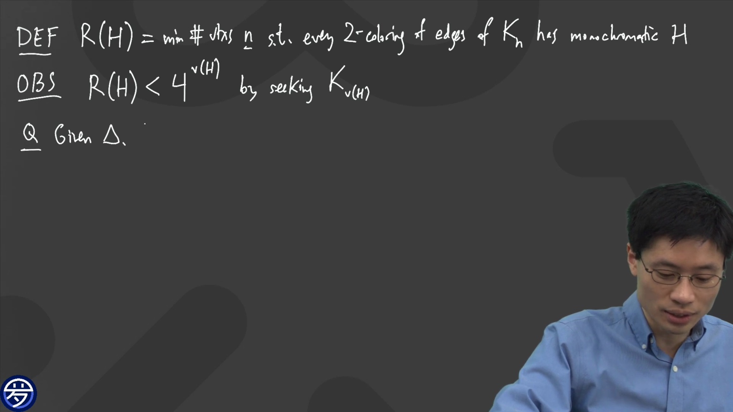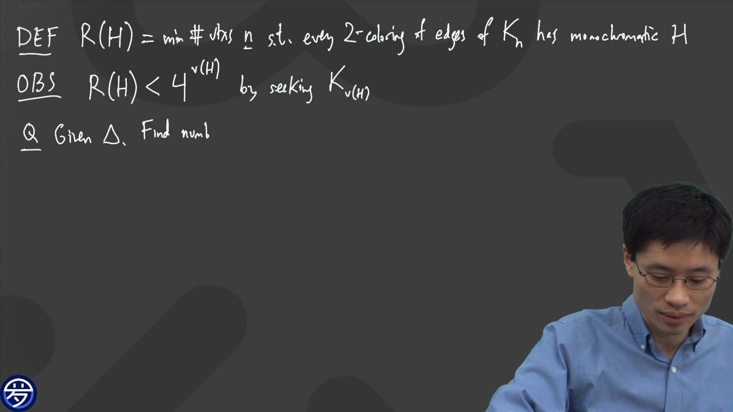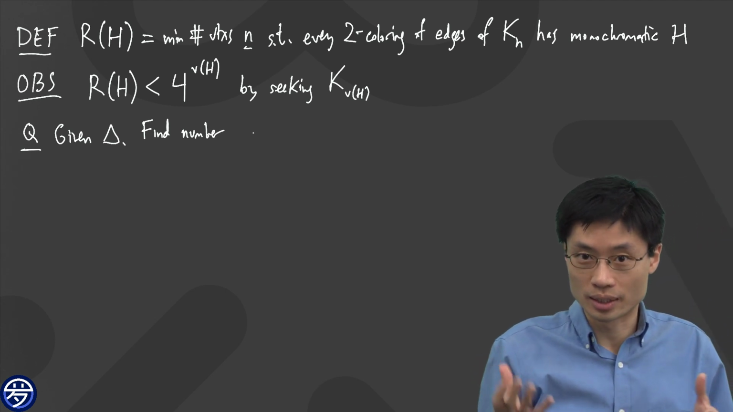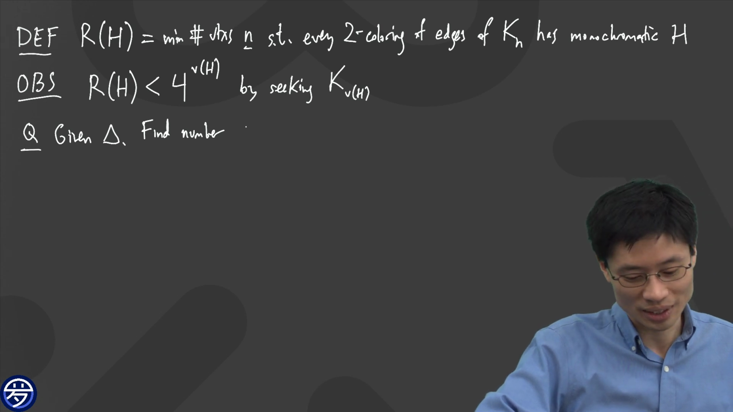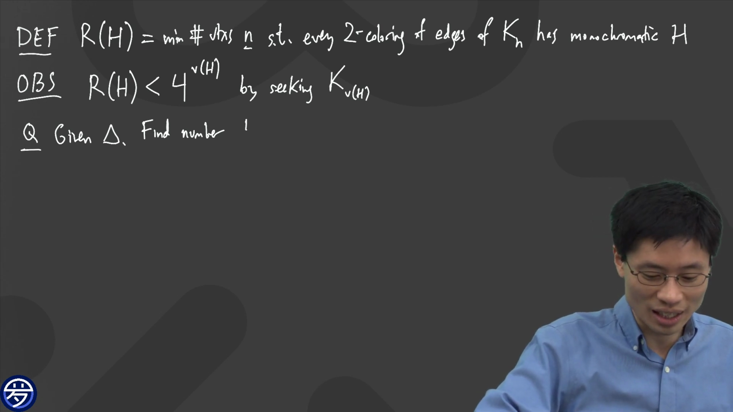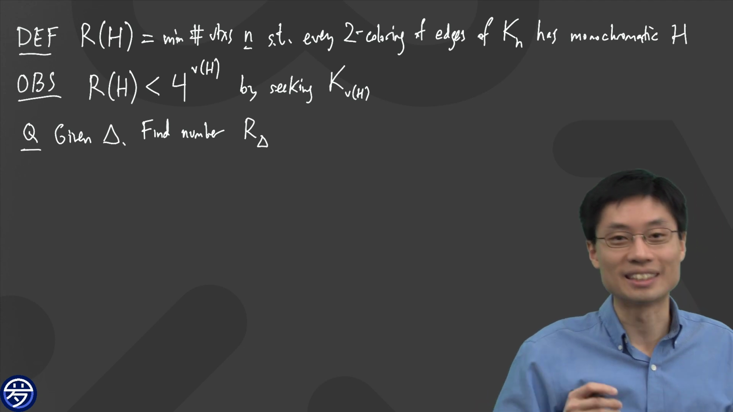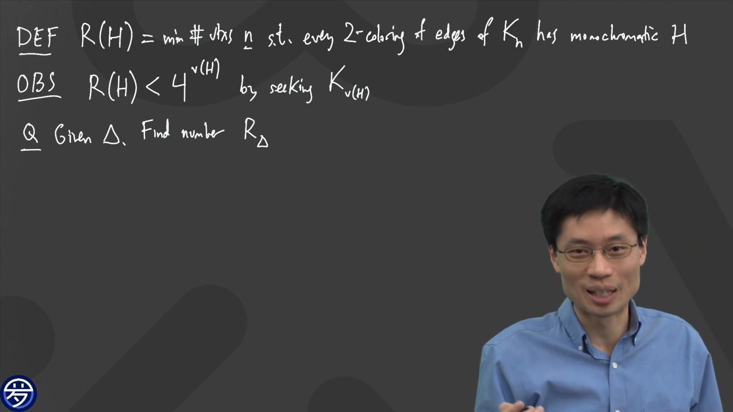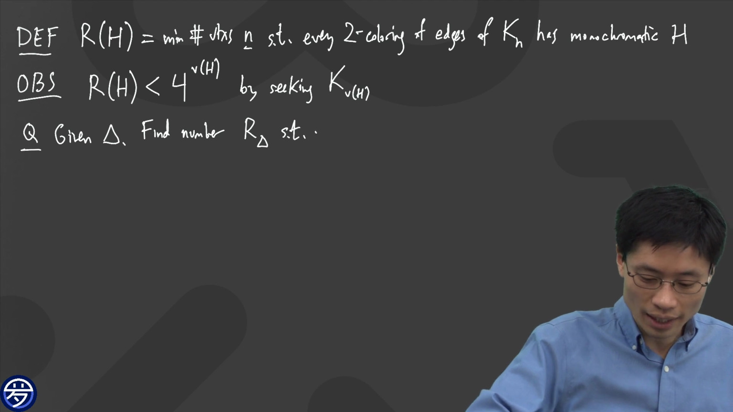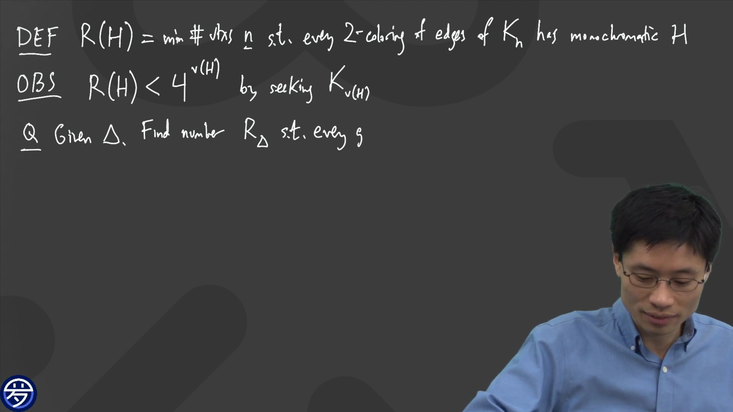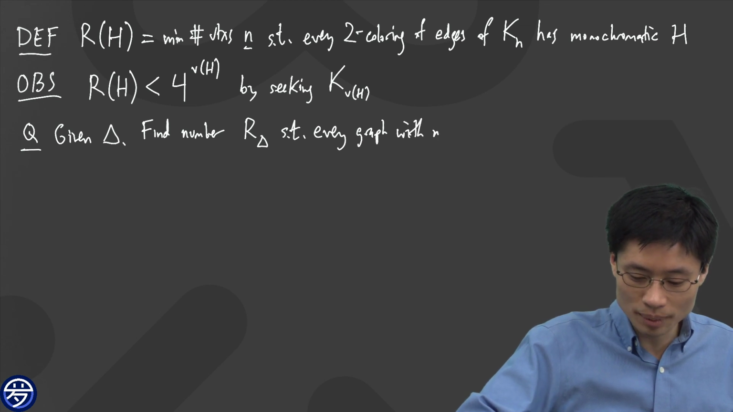Now what I want to do is I want to find a number which is determined by the delta. I guess I should call it, what should I call it? I guess I can call it R delta. I'm not going to do a parentheses. I'm just going to call it R sub delta. It's like a Ramsey number, such that every graph with maximum degree delta